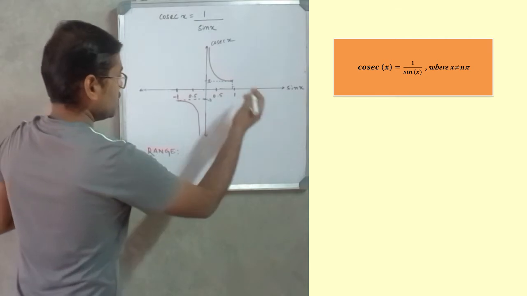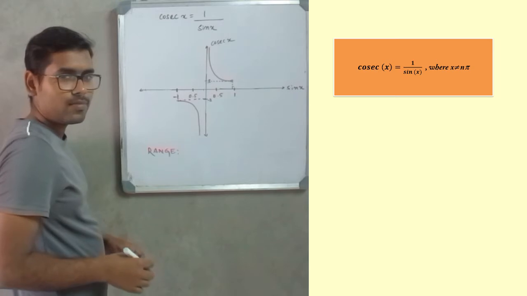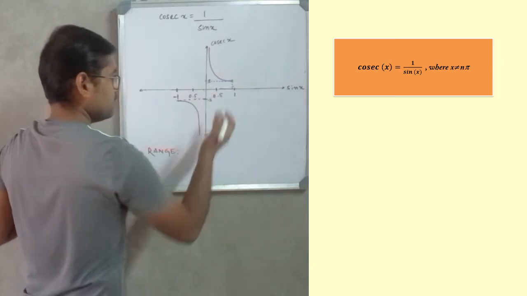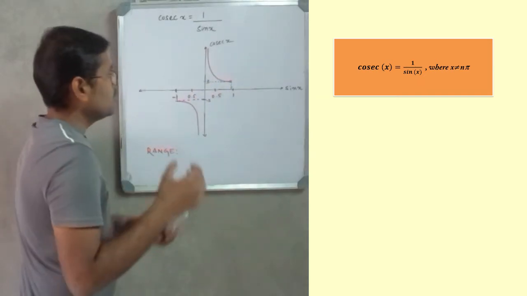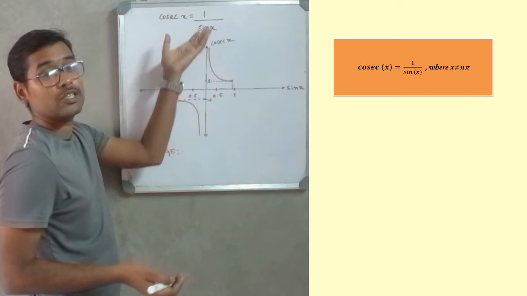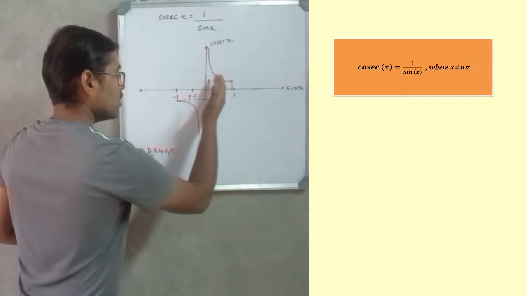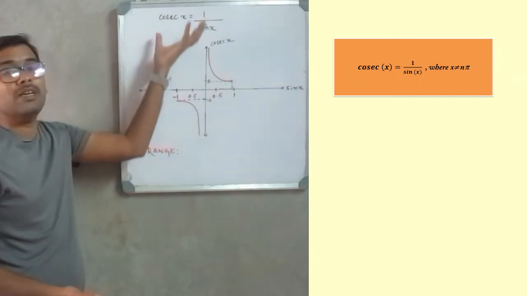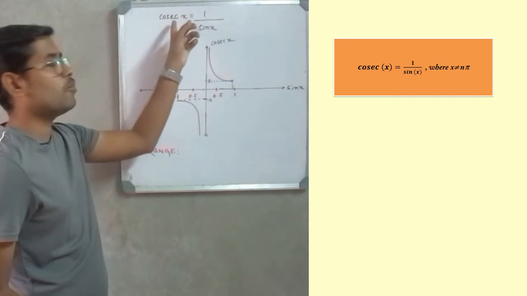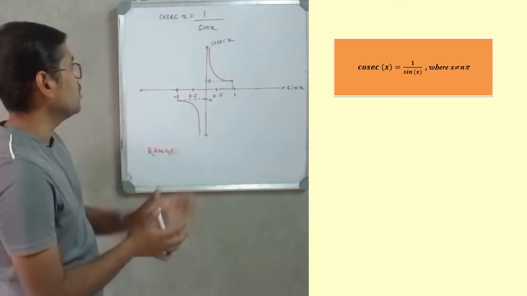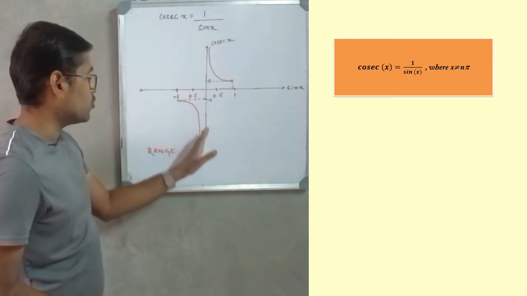Similarly, on this side, when the value of sin x is 1, the value of cosec x is 1. If I decrease the value of sin x, let's say towards 0.5, 0.01 or like that, then the value of cosec x will be a large positive number. So if I decrease the value of sin x and come towards 0, the value of cosec x will be a large positive number. In fact, if I put the value of sin x as 0, then at that point cosec x is not defined. Which means the value approaches positive infinity from this side and approaches negative infinity from this side.